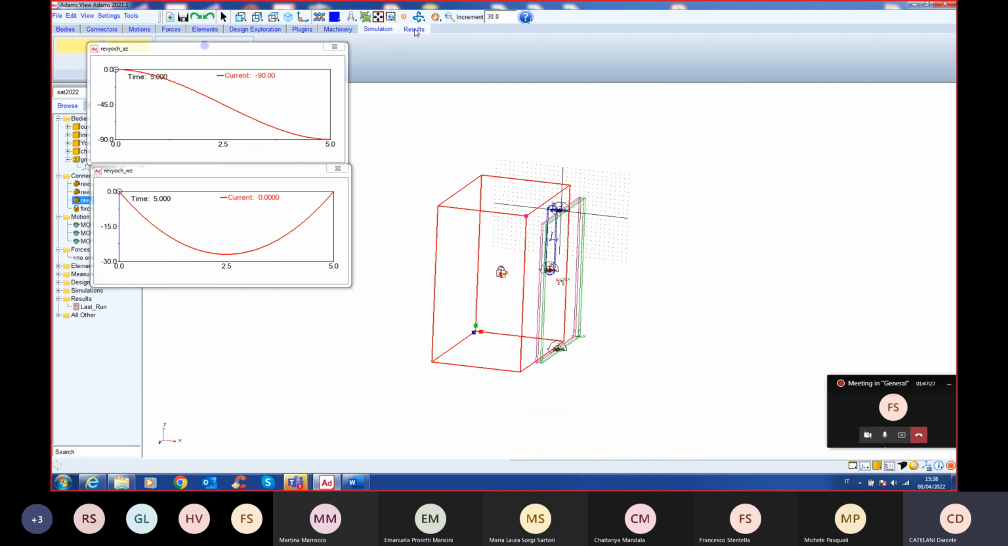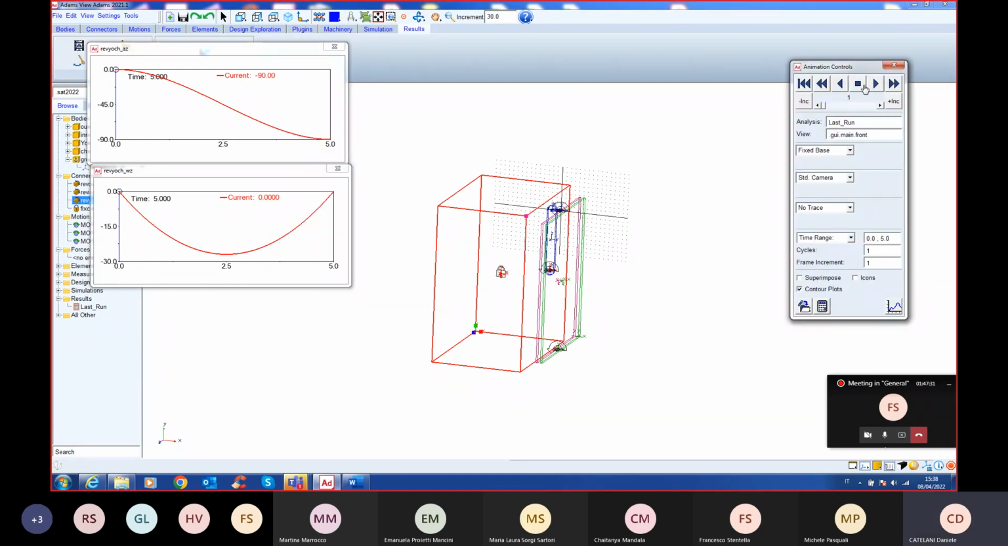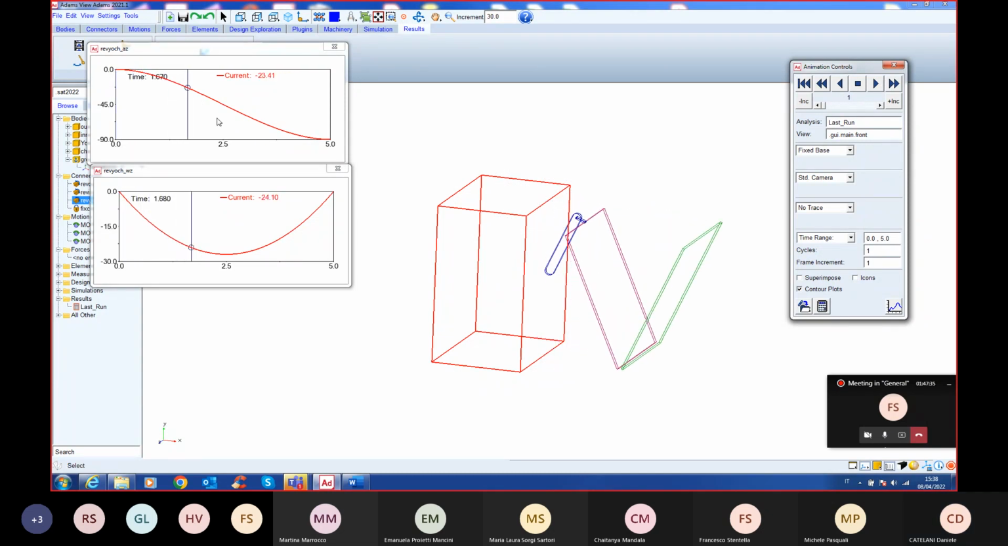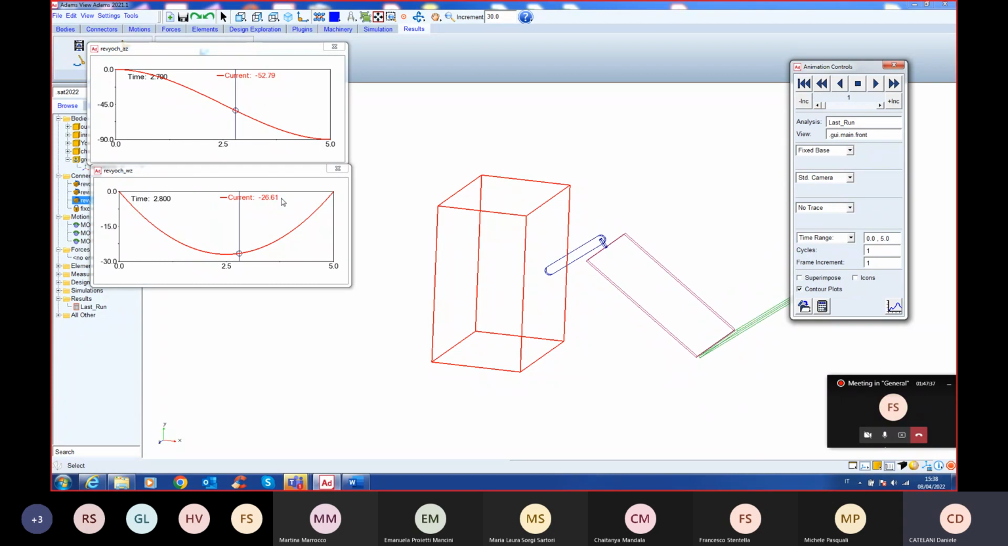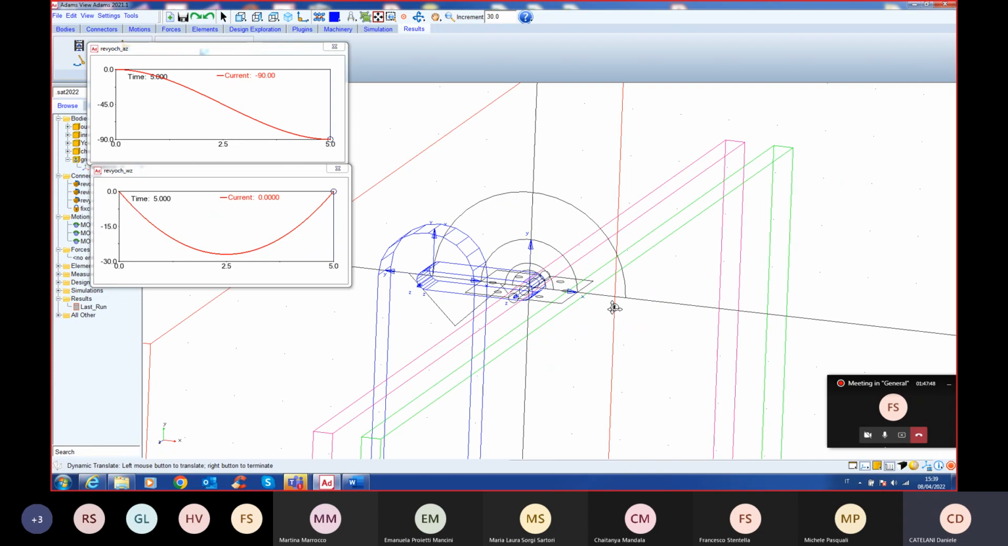If you animate, now you can see the animation, but also the behavior numerically of the system. Okay? You can repeat the same